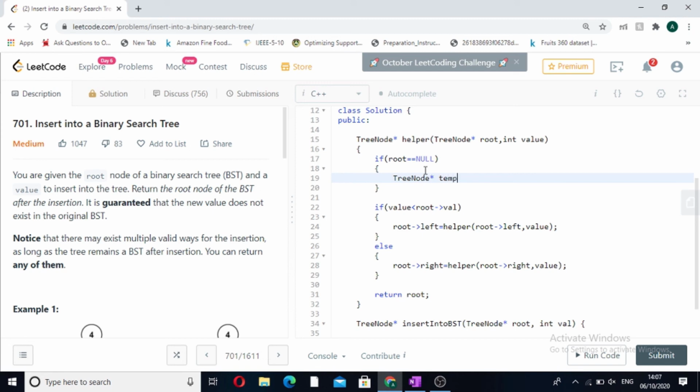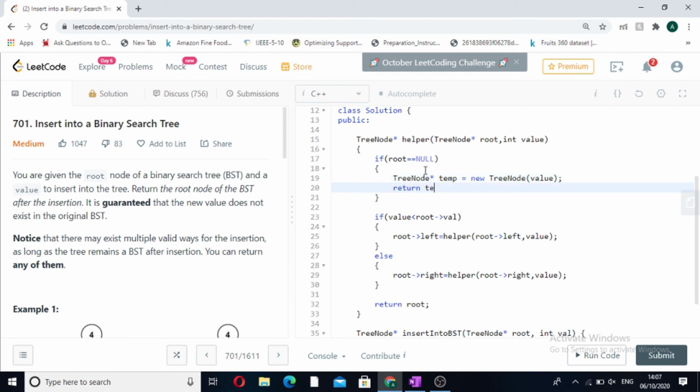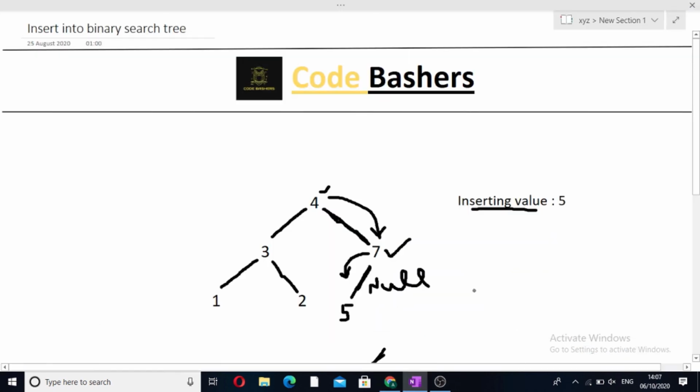We name it temp, and its value is initialized to the value we have to insert, new TreeNode of value, and we return this temp pointer. See what we have done. Initially our tree existed only till 7. Now we have formed a new node, 5, and we have returned its address.